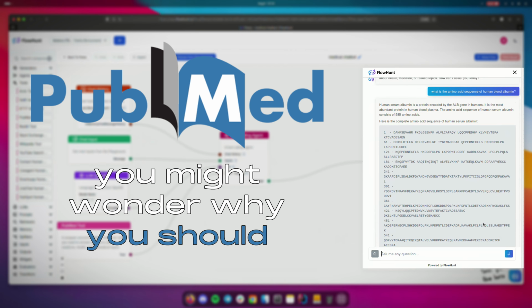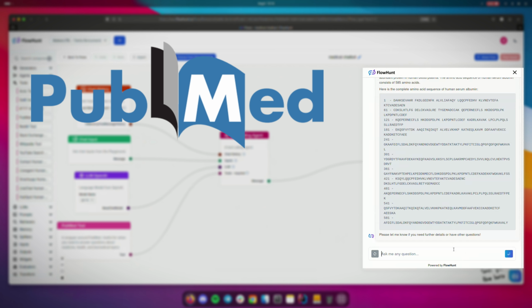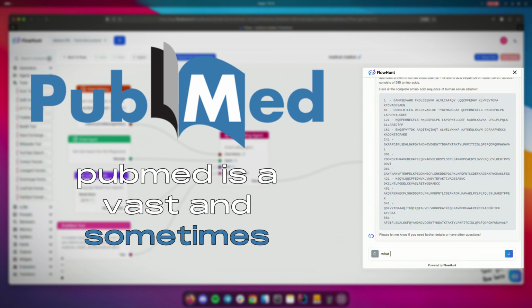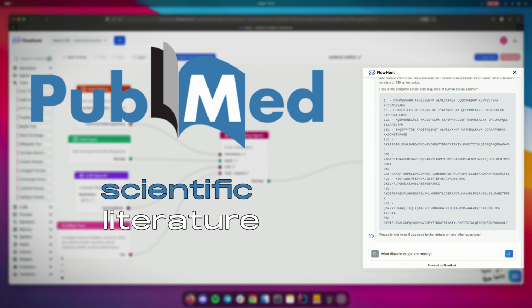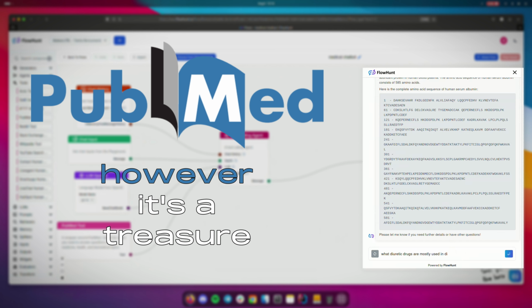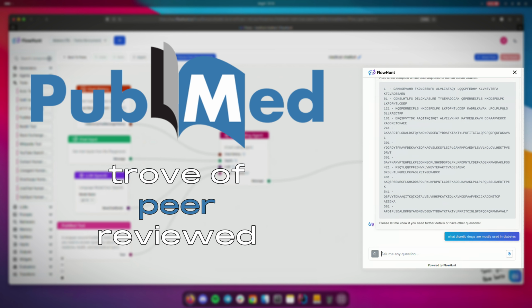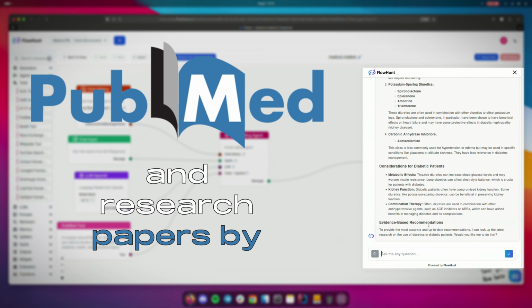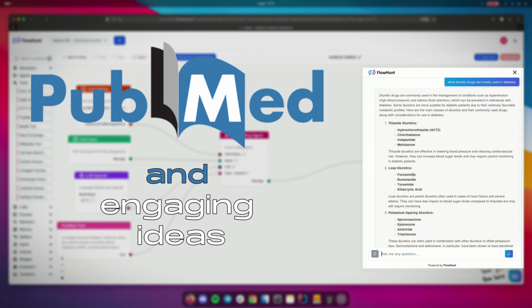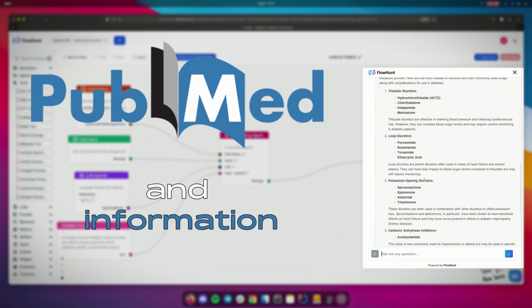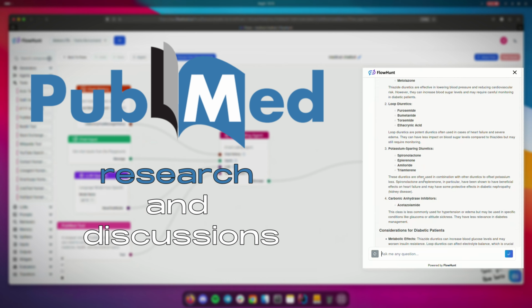You might wonder why you should use the PubMed tool. PubMed is a vast and sometimes overwhelming platform, especially for those who aren't familiar with scientific literature. However, it's a treasure trove of peer-reviewed articles and research papers. By tapping into PubMed, we can obtain relevant and engaging ideas and information based on the latest scientific research and